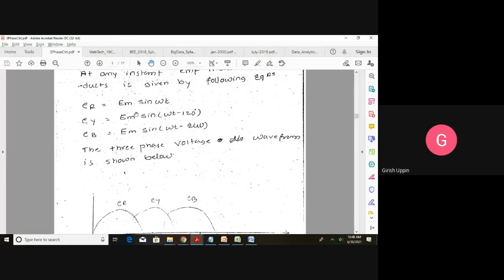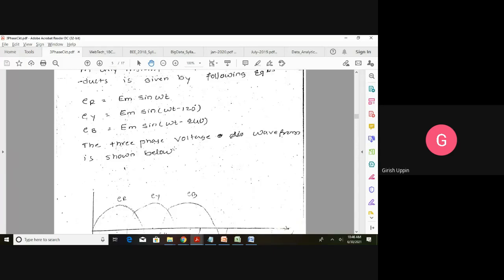These are the equations we just discussed about. And the waveform, R phase, it will start from the 0. Then it will continue. Sinusoidal cycles will continue as the rotation continues. Then Y phase, it has a phase delay of 120-degree and it will have the same sinusoidal. And then the B phase, it starts from here, that is 240-degree lagging. After 240-degree, it will start.